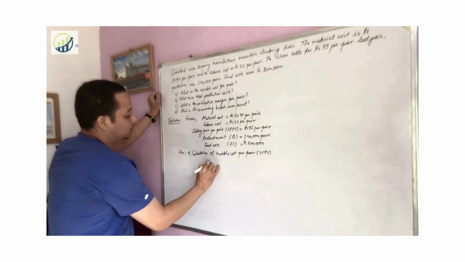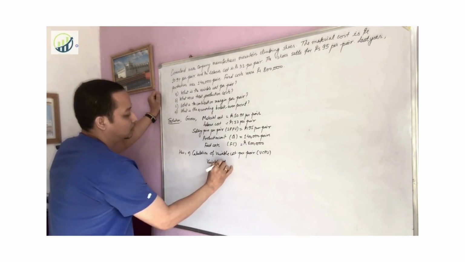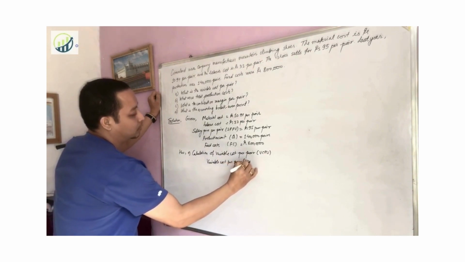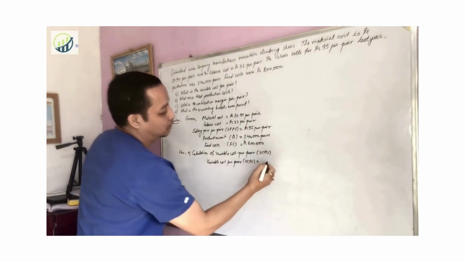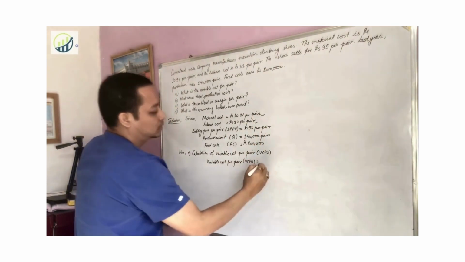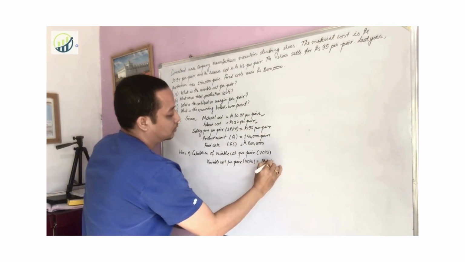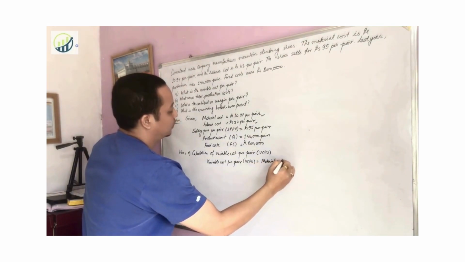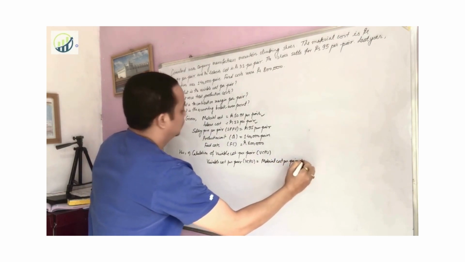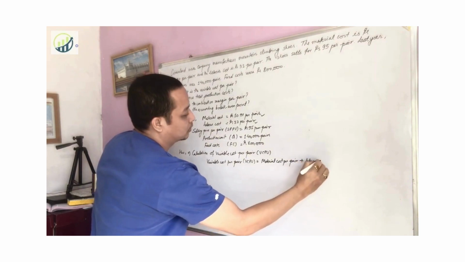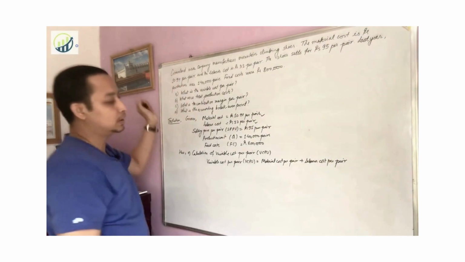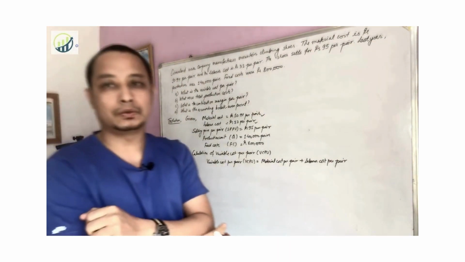So variable cost per pair is equal to material cost plus labor cost. Material cost per unit, per pair, plus labor cost per pair. So material cost and labor cost, these values change